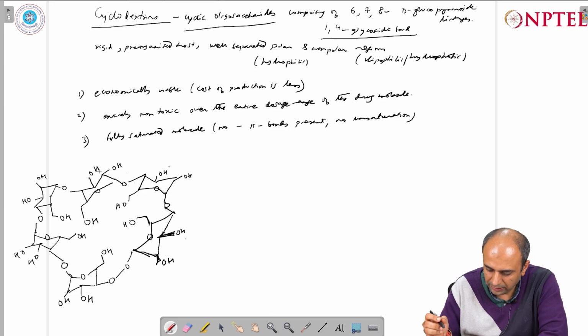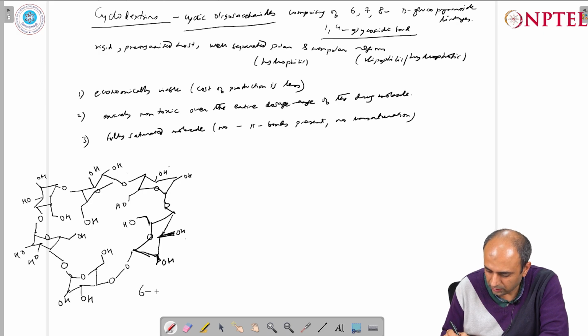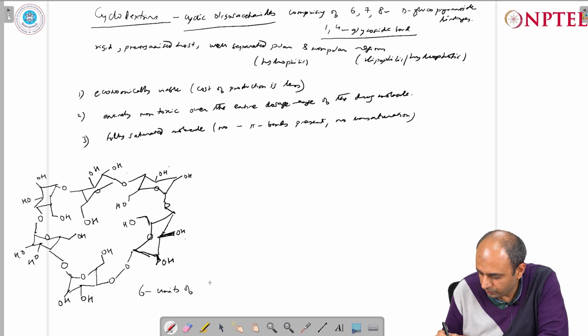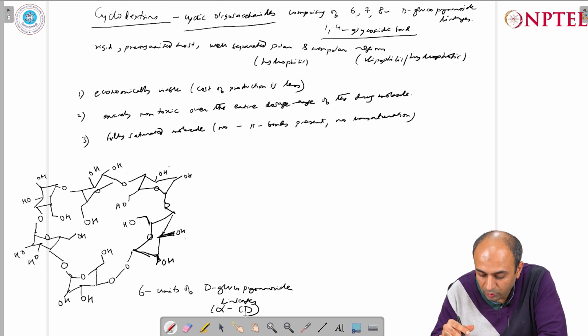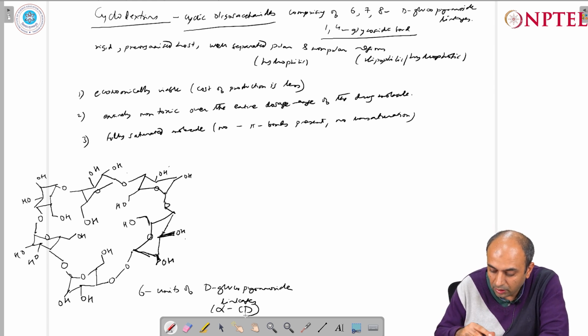So you can see very clearly that this is 6 units of D-glucopyranoside linkages, and this constitutes the alpha cyclodextrin. So I'm sorry the diagram is not very beautiful, but essentially it highlights the representation of the chemical structure of alpha cyclodextrin. What is important to realize is the stereochemical disposition of the